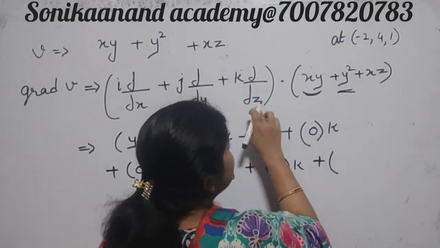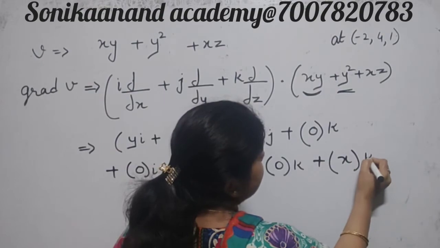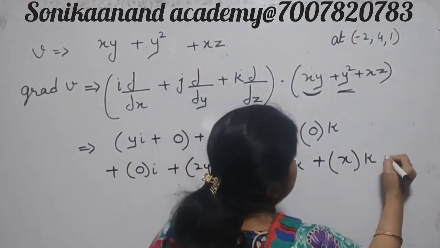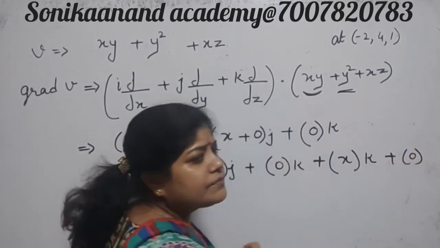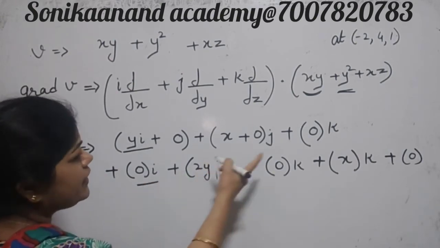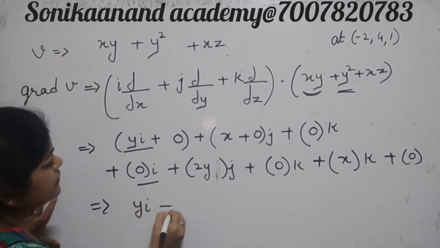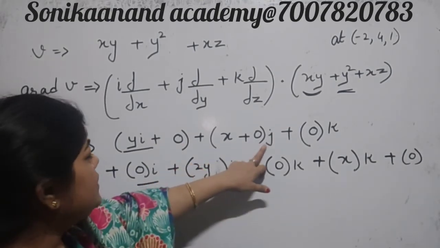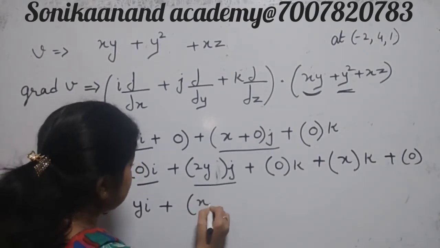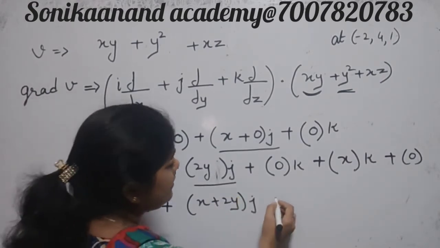फिर ये पहला z के टर्म्स में करना है तो z के संग x है, xk। ठीक है, जब x वाला करोगे तो वो 0 हो जाएगा। अब आप देखिए, आपका यहाँ पर i है और यहाँ पर i है और कहीं नहीं है, तो आपका आंसर हो गया y i। फिर x j ये है और ये भी j के टर्म में है तो x प्लस 2y और ये j हो गया, k में आपका x k।